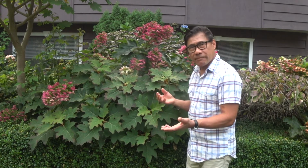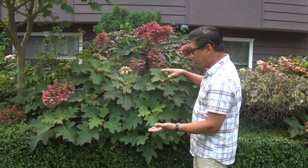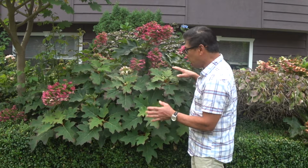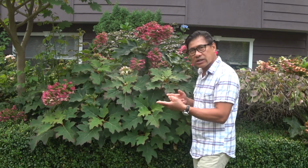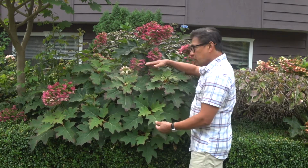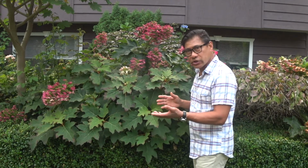During springtime, it starts with green leaves. By late summer, it starts to change color into a red maroon color. We have 2 more weeks before it's fall, and by fall, these leaves will totally turn into a reddish maroon